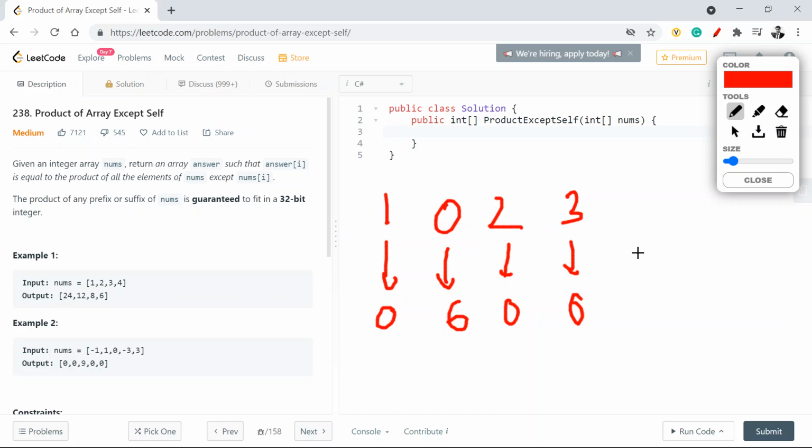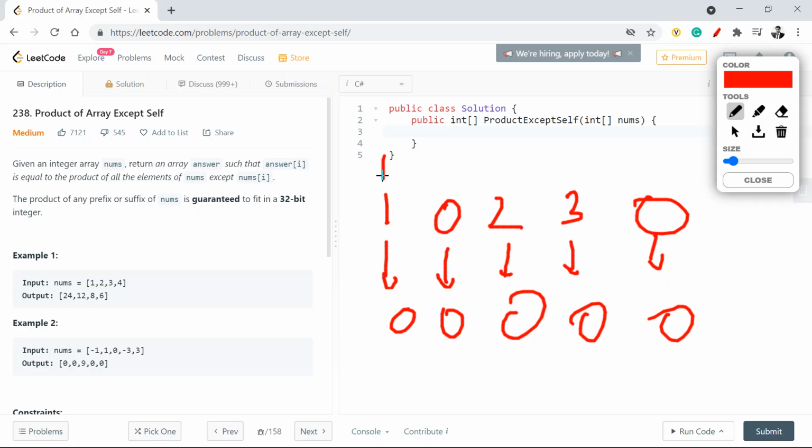Now there's another catch to it. If there is more than one zero, the moment I bring in more than one zero, the output will change to everything being zero. The reason being, if I look at this index, I have a zero, if I look at this index, I have another zero, and so on.